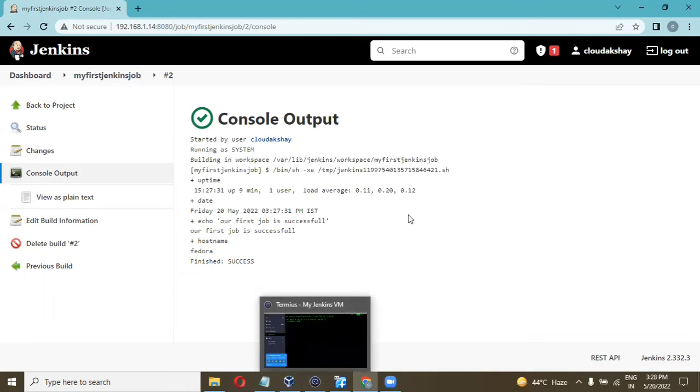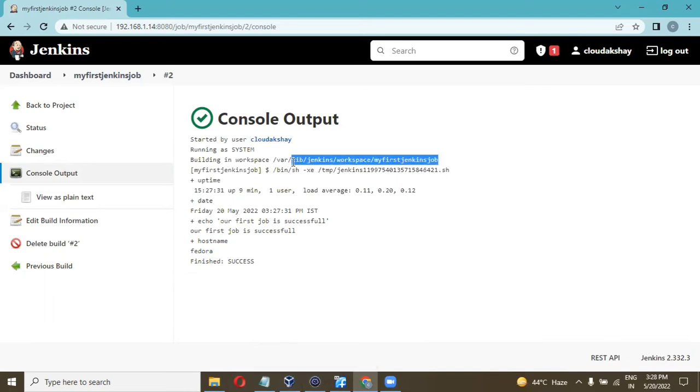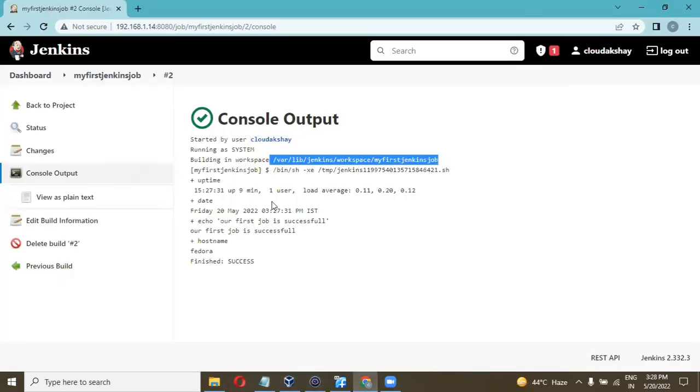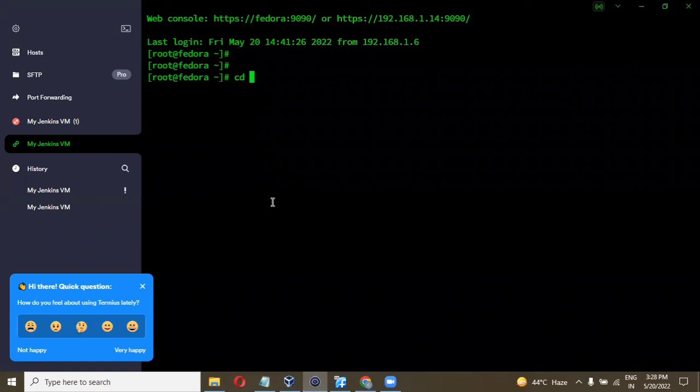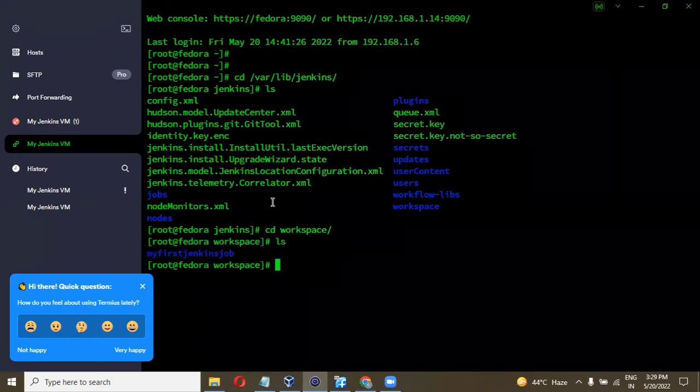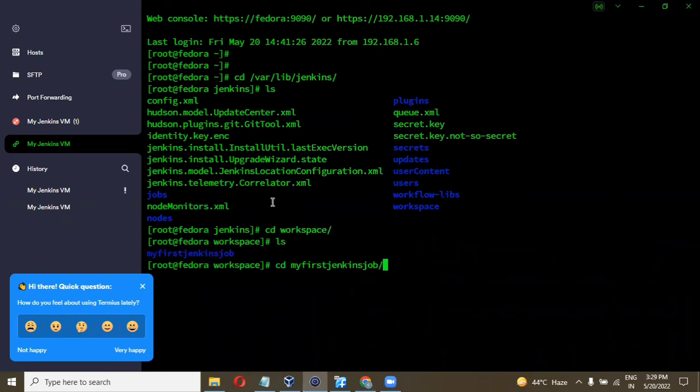So let's cross check this location on our server. Here I am on the server, and let's go to this location: cd and then /var/lib/jenkins/workspace. That is the actual location for our project workspace. In the workspace we have the my Jenkins job directory.